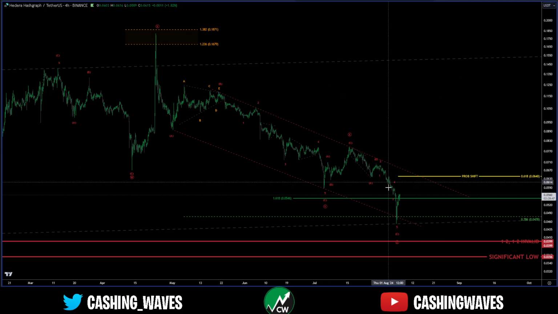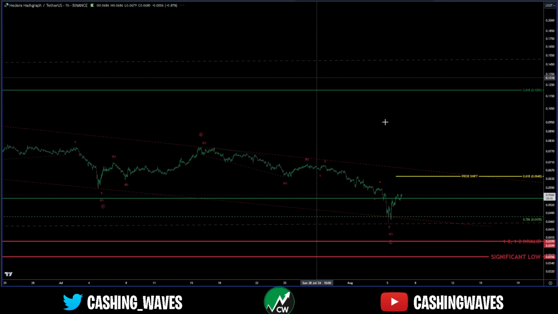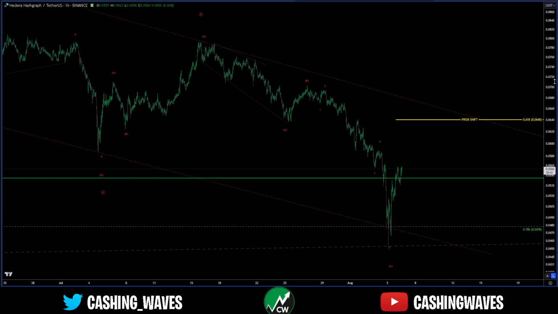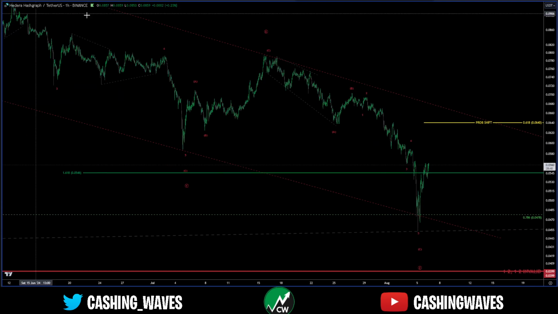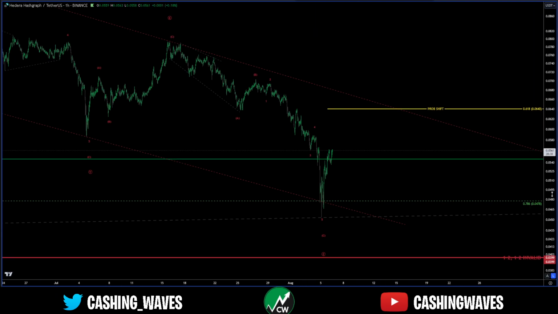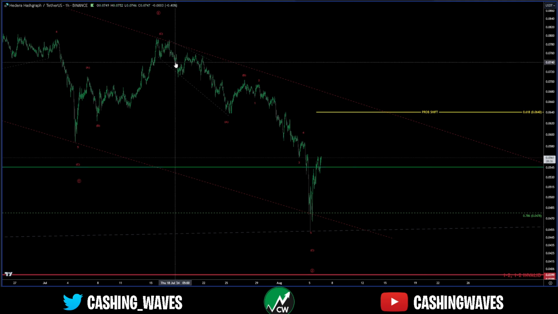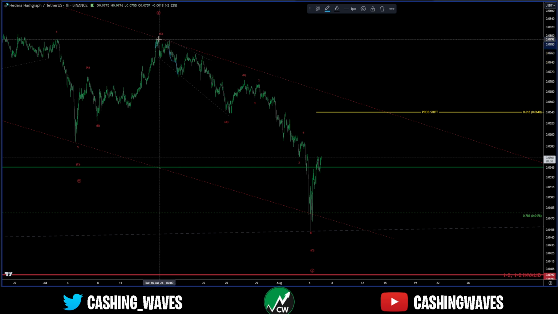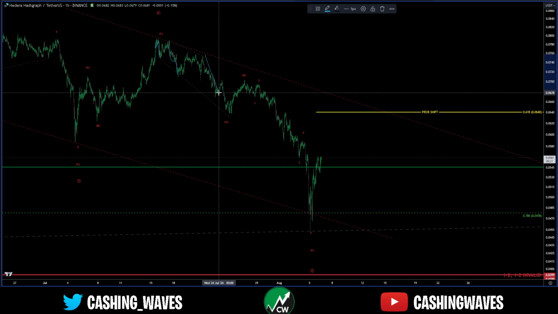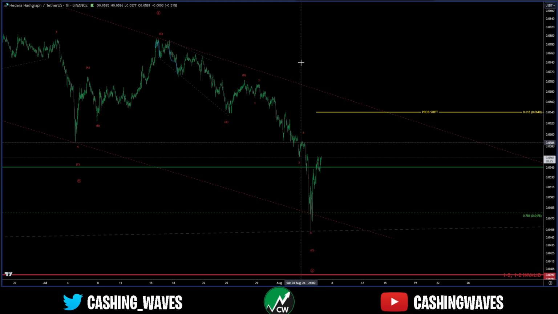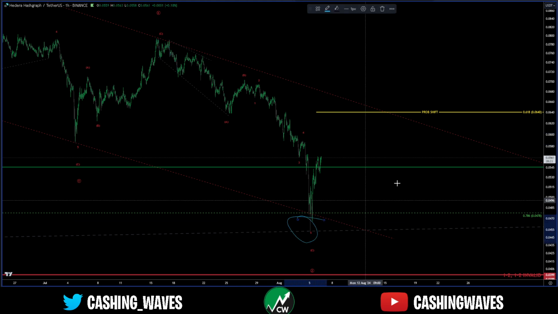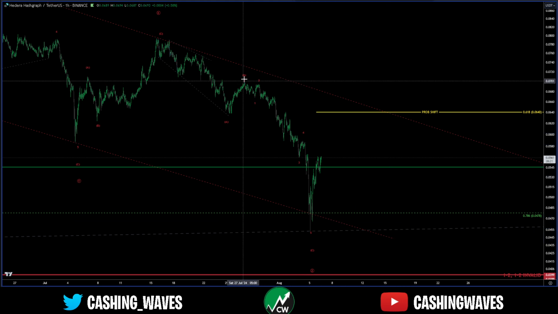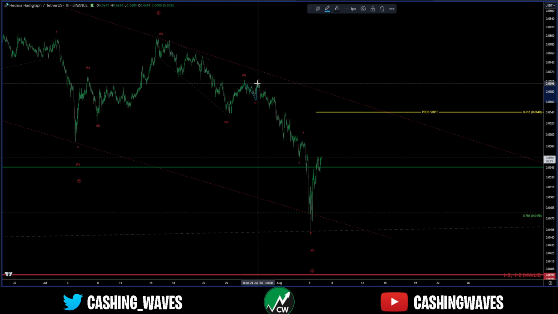Down on the smaller time frames here, this was also a difficult count. The best fit for me is an expanded diagonal. Although I don't love the look of it, I just can't get 5 waves in this area. Lots of 3s. It makes the most sense if we were to finish here. And this one counts as well as 1, 2.